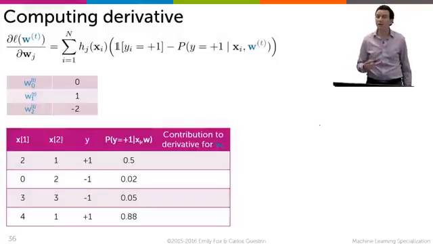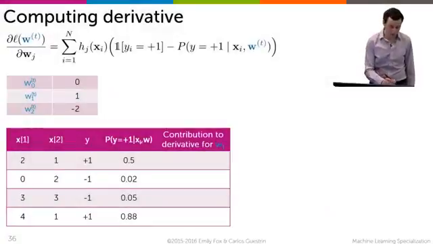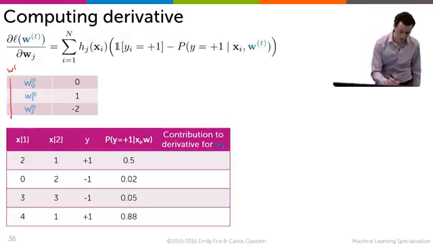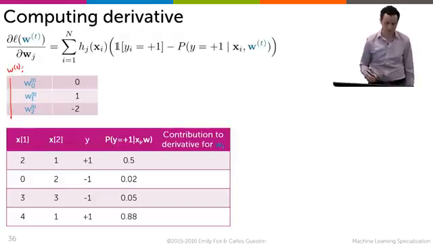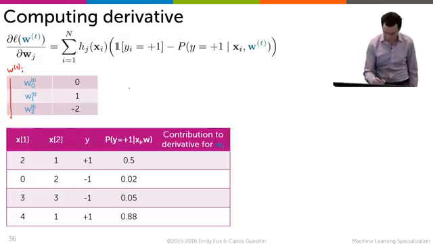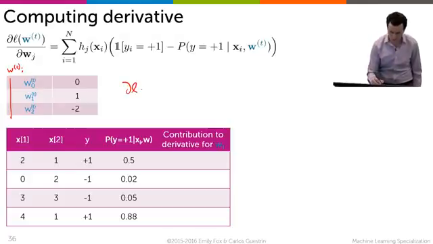So let's see a little example. We're going to go through by hand and show what the derivative would be for a particular parameter. We have a model, and it says that so far at iteration t, w0 is equal to 0, w1 is equal to 1, and w2 equal to minus 2. This is our current estimate, wt. And the question is, how we're going to modify it, how we're going to compute the derivative, and we're going to compute the partial derivative of the likelihood function with respect to the parameter